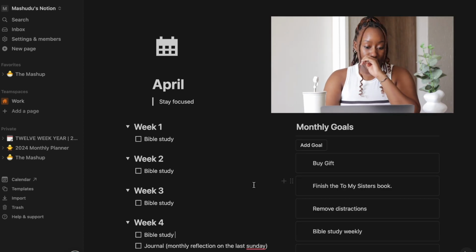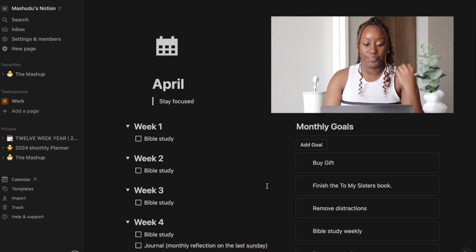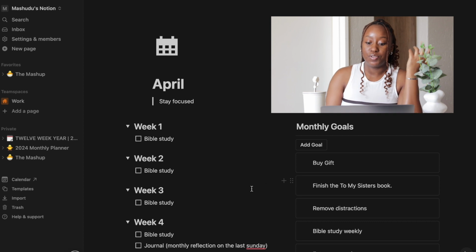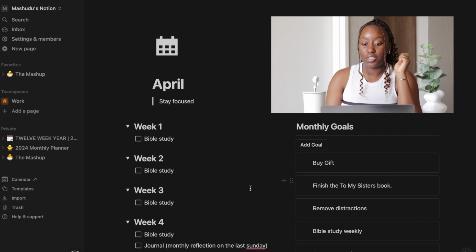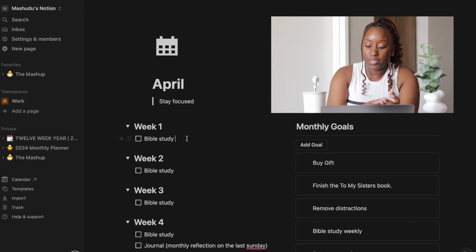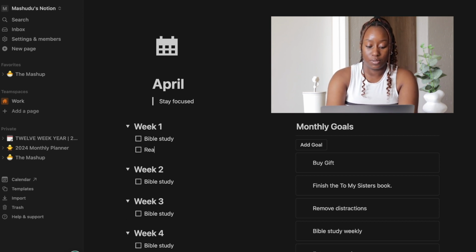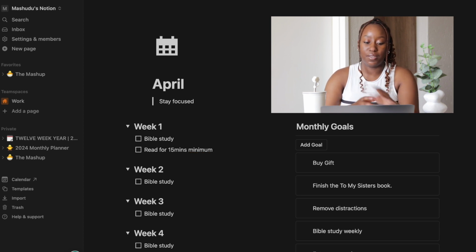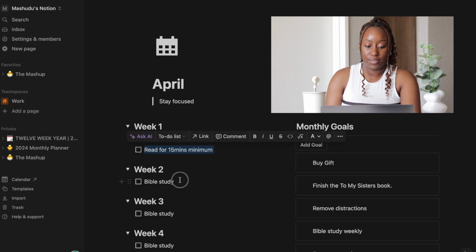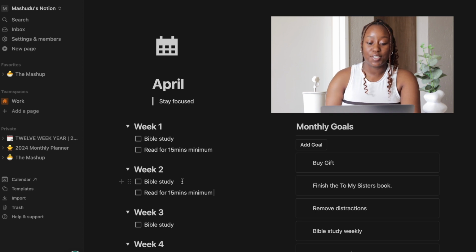Okay, now that I have that done, I will have to now look at finishing the To My Sister's book. That means I need to possibly read for 15 minutes minimum. This needs to duplicate as well because I'm gonna have to finish this book.